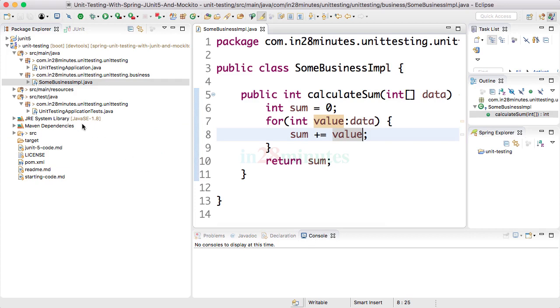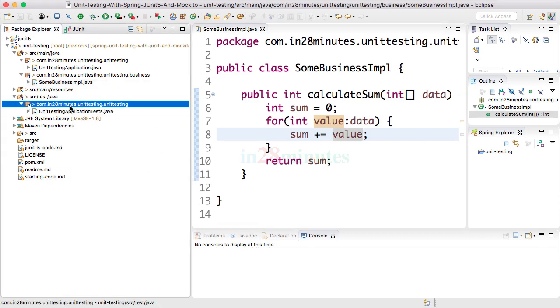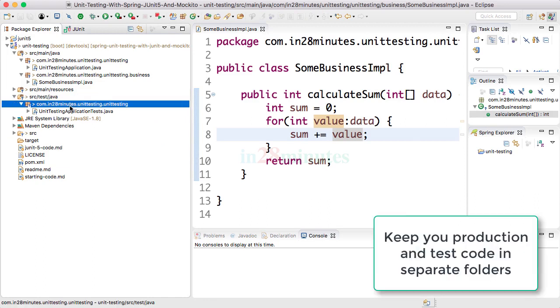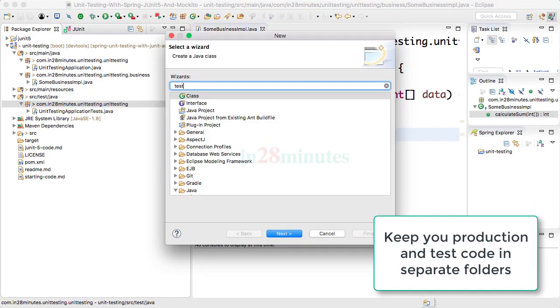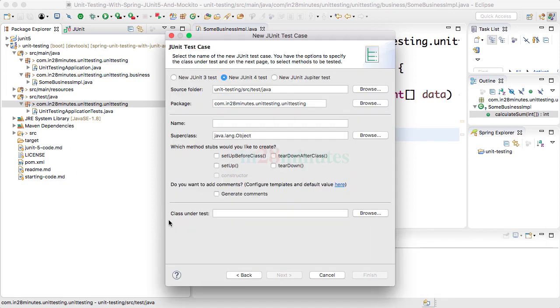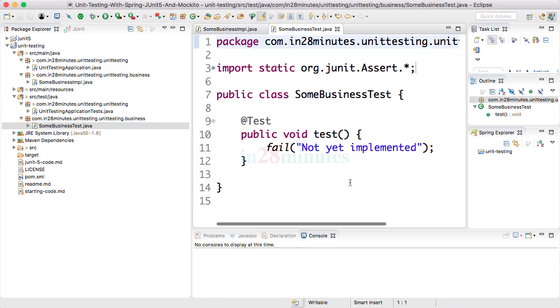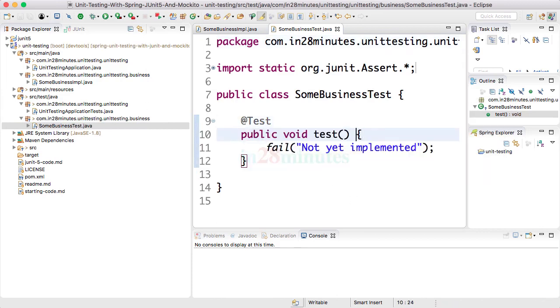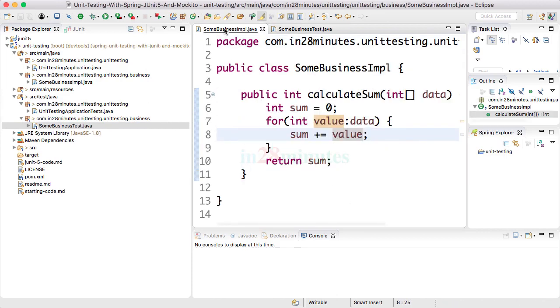And how do I unit test this? It's very simple, right? That's where JUnit test comes into picture. So I can go to the source test Java. Source test Java is where we would create. So I can say new JUnit test case. I'll say JUnit 4 test. This sum business IMPL is in business package, so let's use the same package. And I'll call this sum business test and say finish. So we have a new test in here, and here we're going to test the calculate